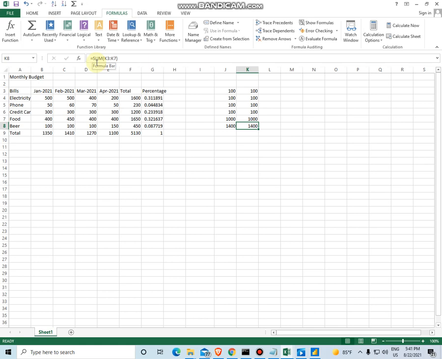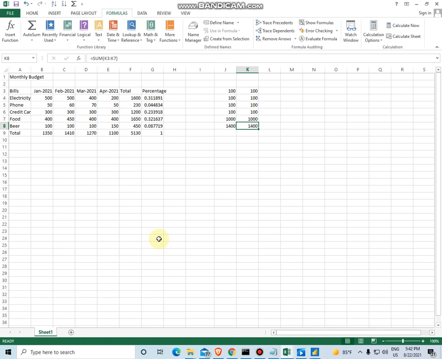In this case, arguments are parameters like this here, all within the parentheses, because Excel needs to know what is the range of cells that you want to sum up.